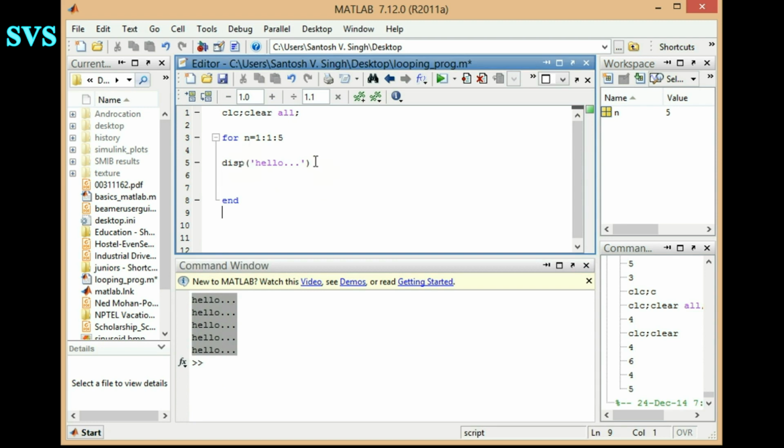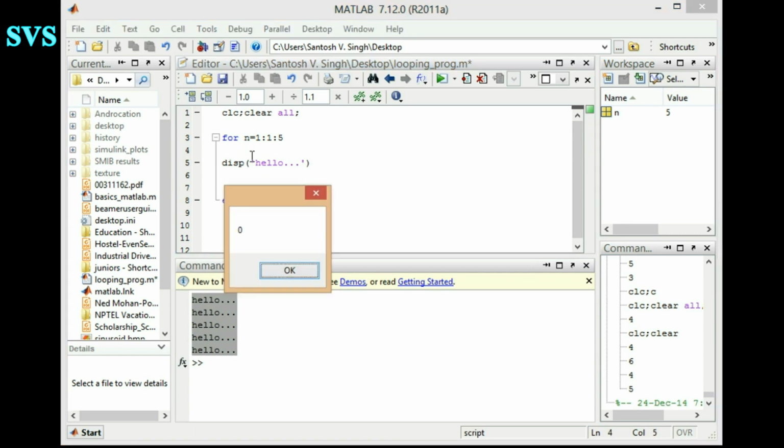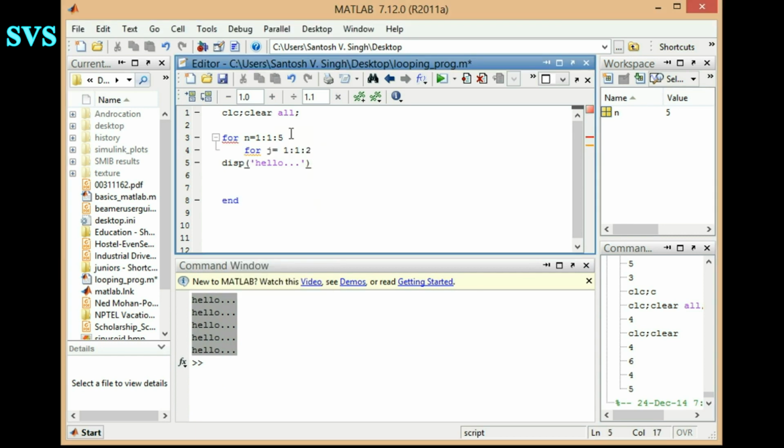So let's try a varied idea. Let's make nested for loops. Most of the time it may so happen that we have to make this nested form.